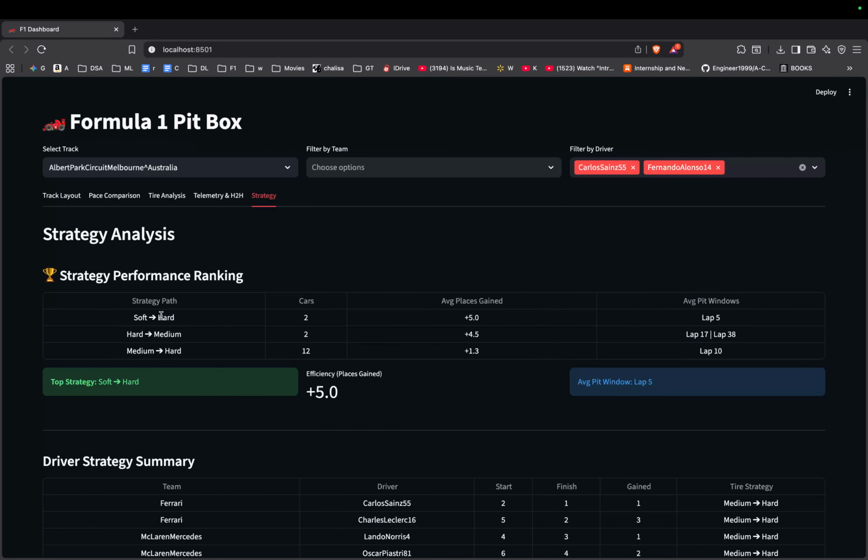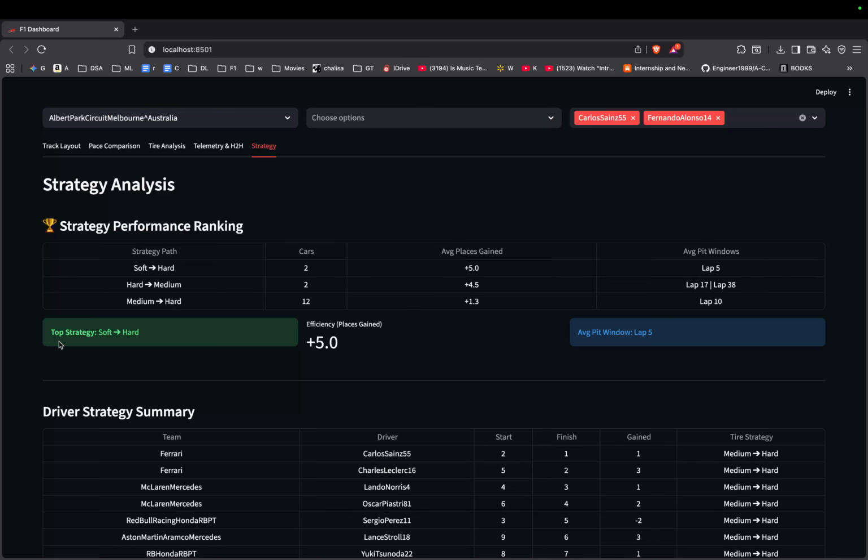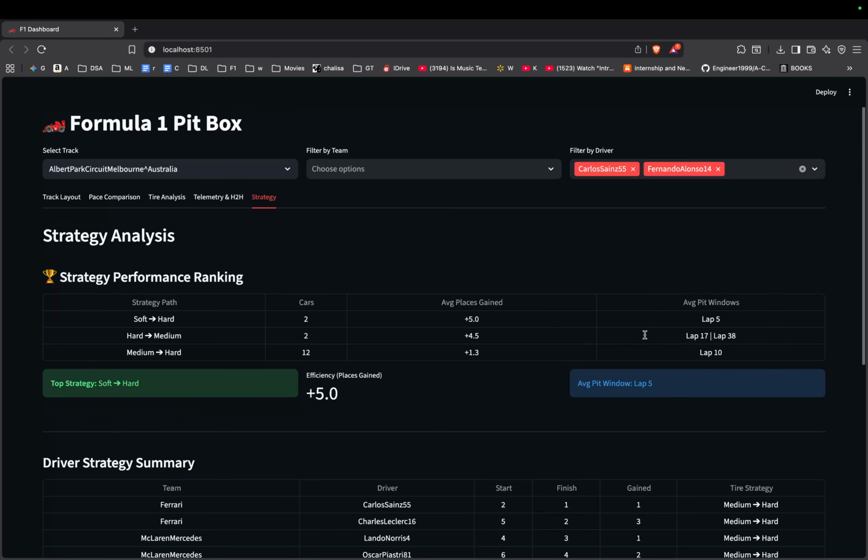It tells you, hey, the soft to hard strategy, 2 cars used this. These are the average places gained, and this is the average pit window, which is the same as the tire analysis we saw. So it tells you the various strategies that were in play during the race, the number of cars that did this, and the expected results. Here it says that the top strategy for this particular race was soft to hard, and on average 5 places were gained when pitting on lap 5. So this is a dashboard that completely analyzes the races for you, and you can